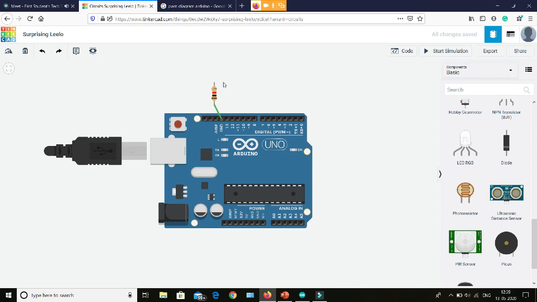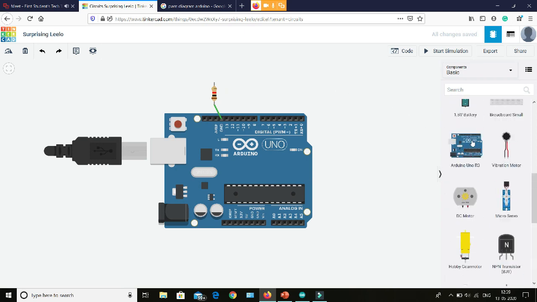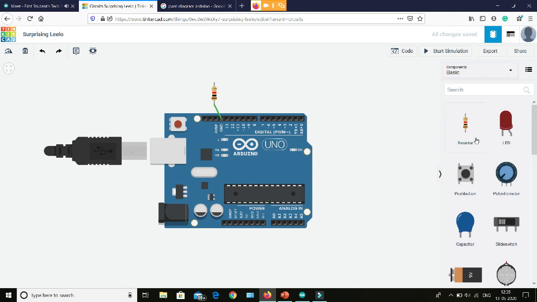So we will take an LED and connect it to any of the PWM pins. I will connect it to PWM pin number 6. Then let's start coding. First of all, I have to set pin number 6 as output.